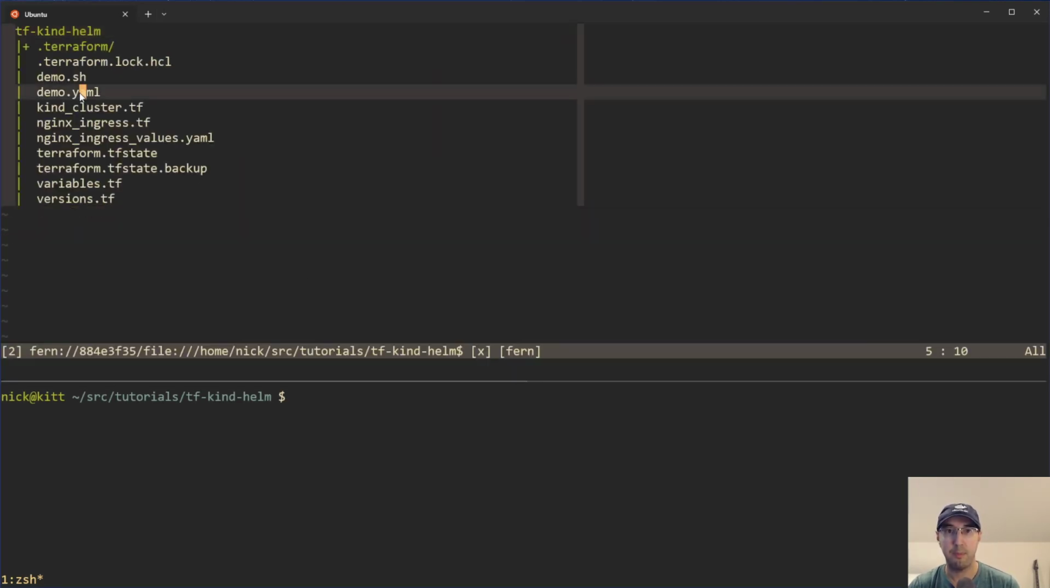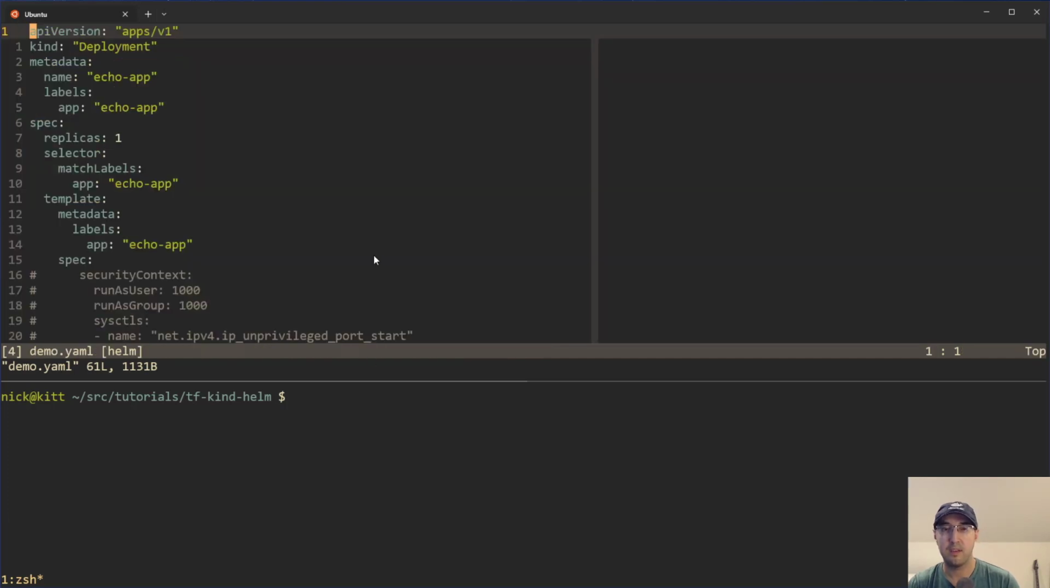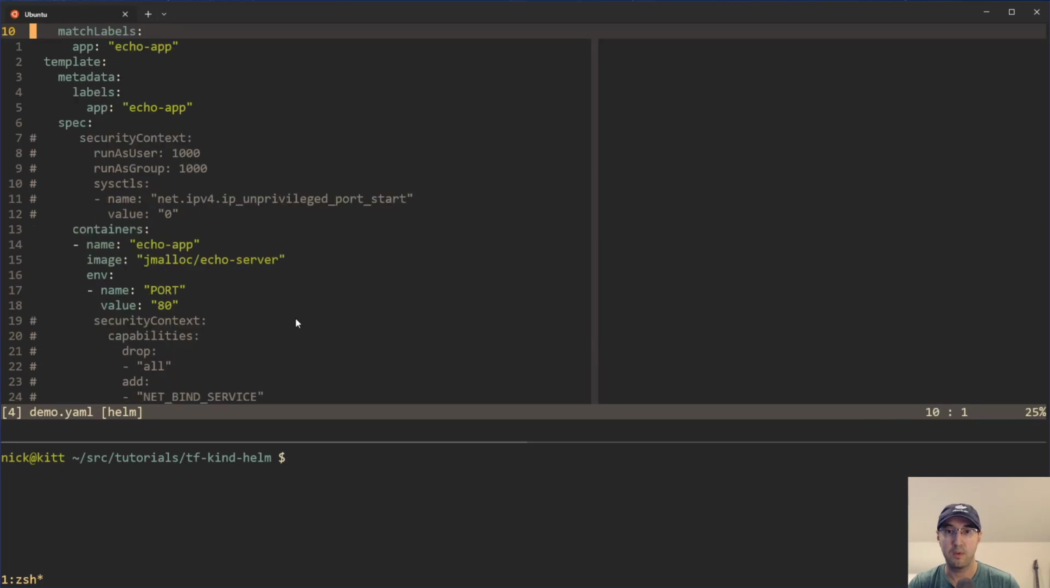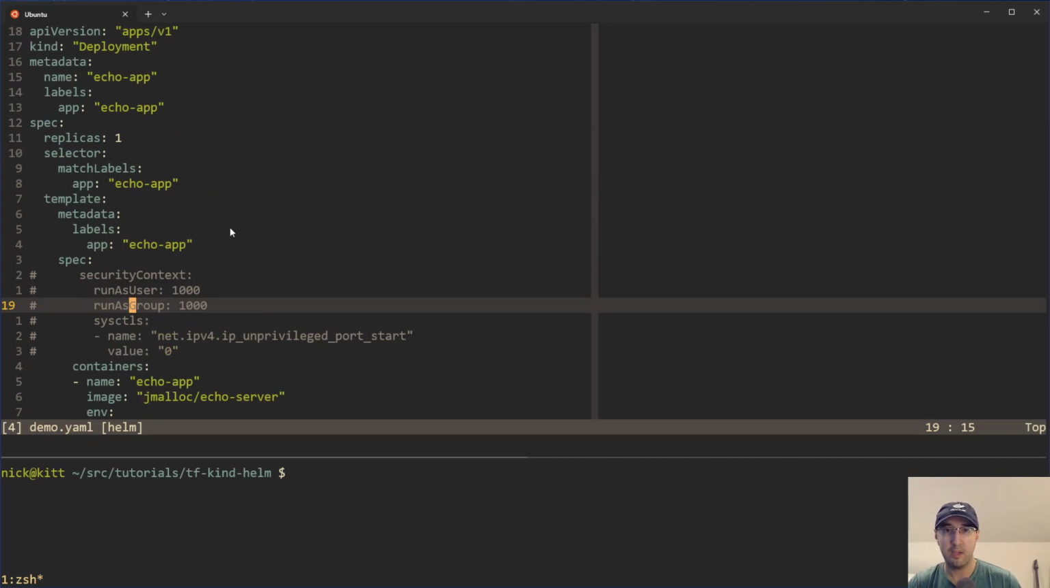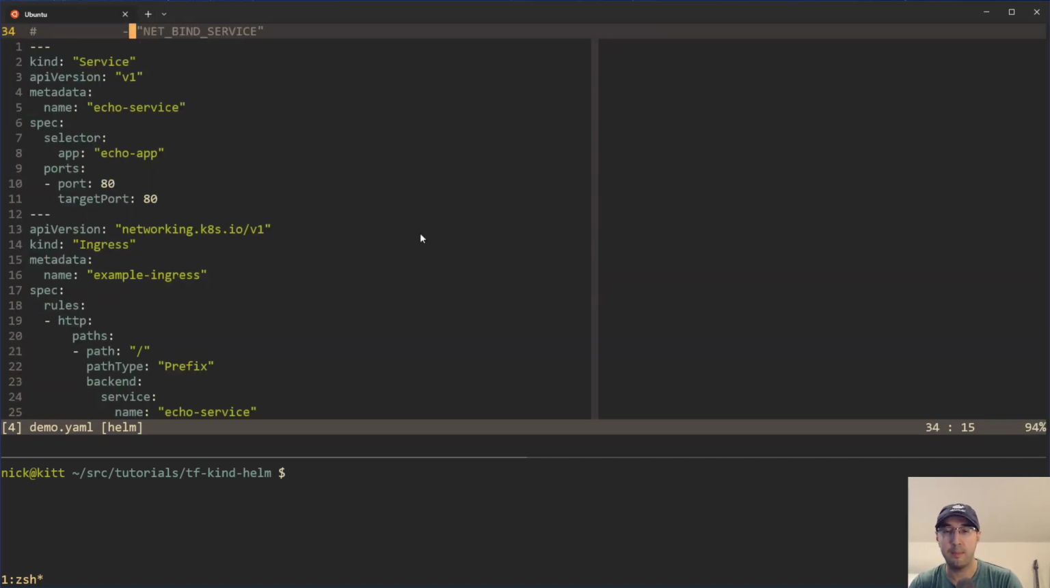So it's a little demo application that I put together here. It's essentially just a little echo server where it echoes out some headers back, using an open source tool here from JMalek, echo server. And there's some stuff commented here that we're going to get to in a bit. I just wanted to let you know at a super high level,